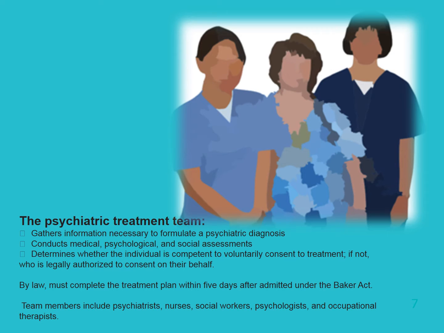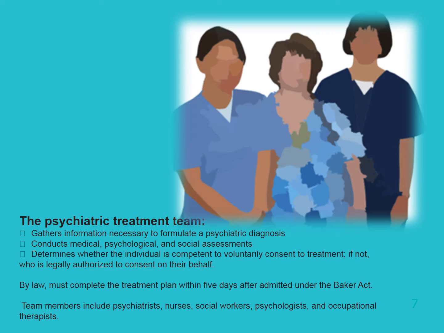Upon an individual's admission to a mental health receiving facility, the psychiatric team gathers information necessary to formulate a psychiatric diagnosis, including the person's psychiatric history. They conduct medical, psychological, and social assessments to determine the individual's past and present conditions and challenges. They determine whether the individual is competent to voluntarily consent to treatment, and if not, who is legally authorized to consent on their behalf. By law, the receiving facility must complete the treatment plan within 5 days after the person